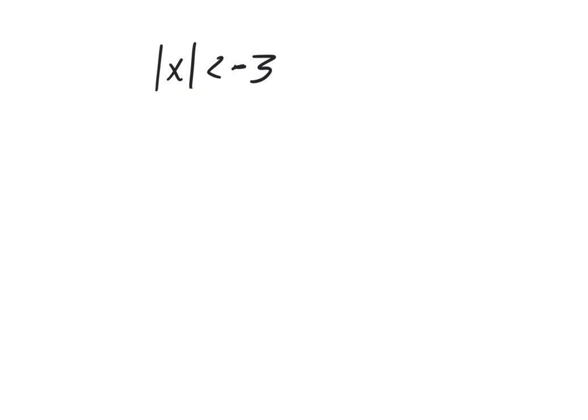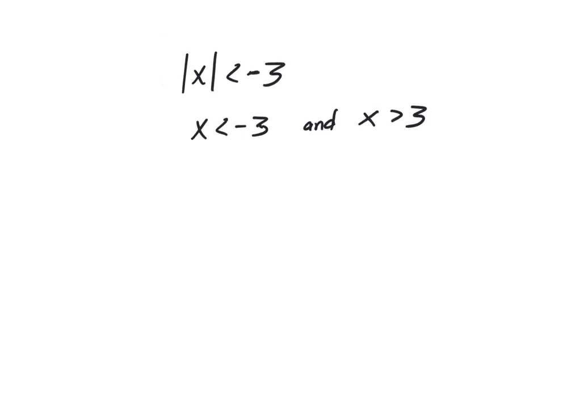If I said the absolute value of x is less than negative 3, inequalities are a little bit different, a little bit weird. So on this one, if I wrote it out like this, it's less than, so it's an and statement. If I were to graph this,